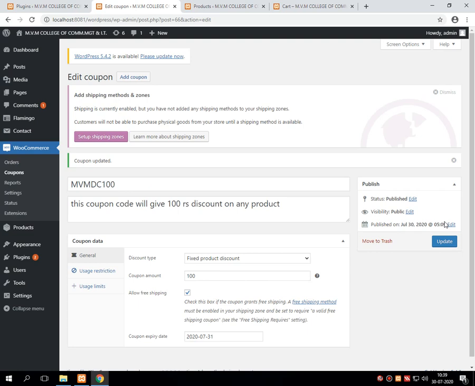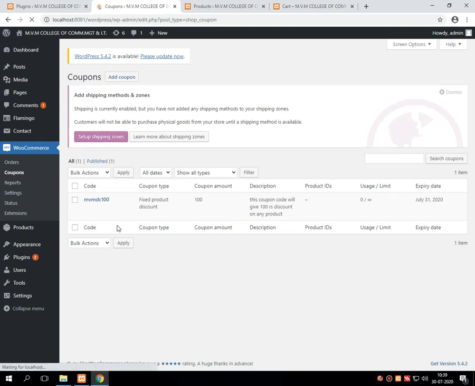Now once this coupon is created, here you will find a message that coupon updated, and whenever you click on this coupon, this valid coupon will be displayed in the listing of coupon codes. I hope this is clear that MVM DC 100 is created successfully.